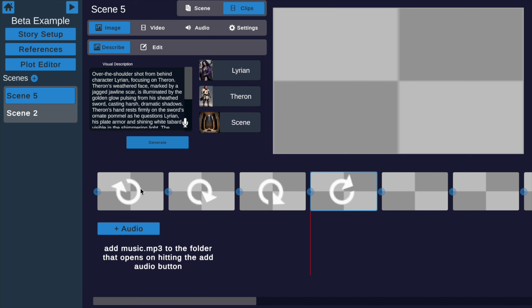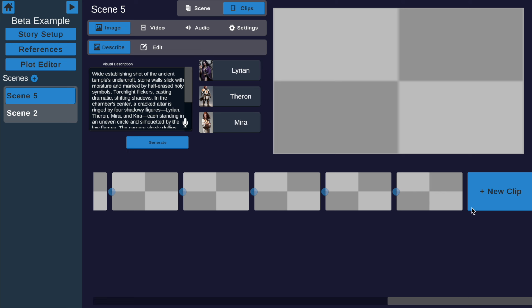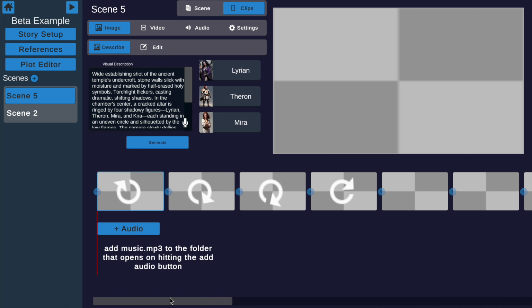And those images are going to start loading in. You can see that it's still generating more clips as we go. And one of the best parts of this tool is this large parallelization that you can do. While this is generating, you can go back and modify your references, modify your plot, start new scenes even if you want